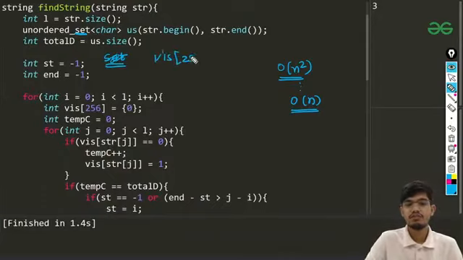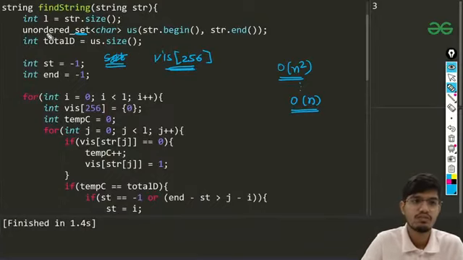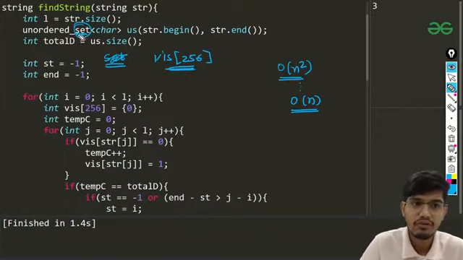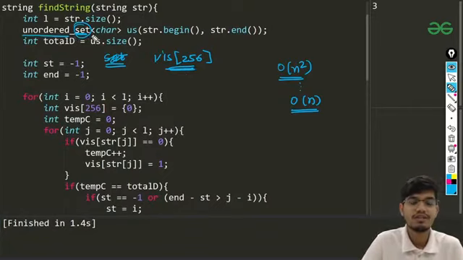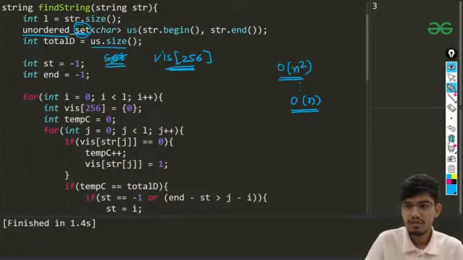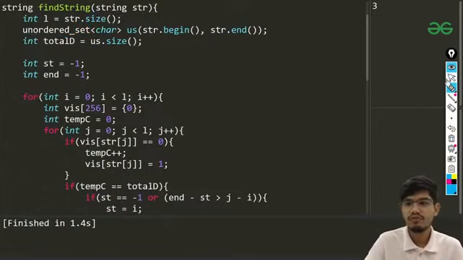That is more appropriate if your test case is not passing using the set. Since you just want the size of the characters and don't want them ordered or anything, you can use this unordered set for that. So that is the order of n square solution which we have already discussed.